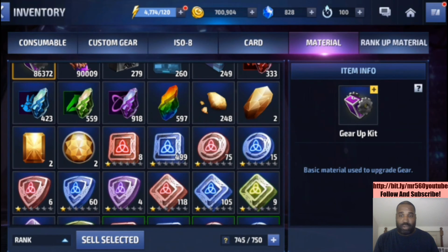Alright, so what I do is, because the person who's going to take him out is Scarlet Witch, I'll go in here and find some people for her to buff, as far as